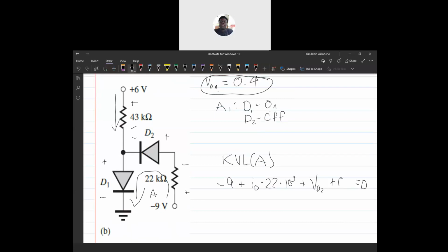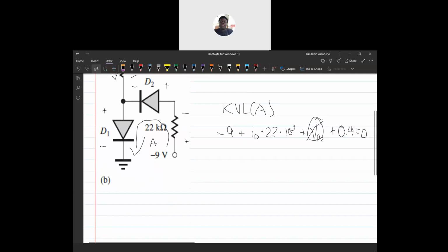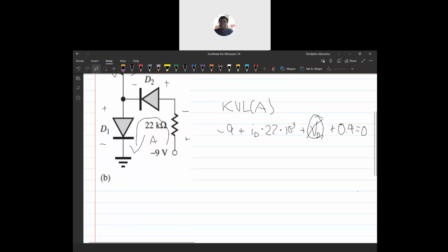If you wanted to use that KVL, you could use that. And the voltage diode 2 wouldn't have a voltage since no current is going through. That would not be there. So then, if you were to still follow this KVL, you would have